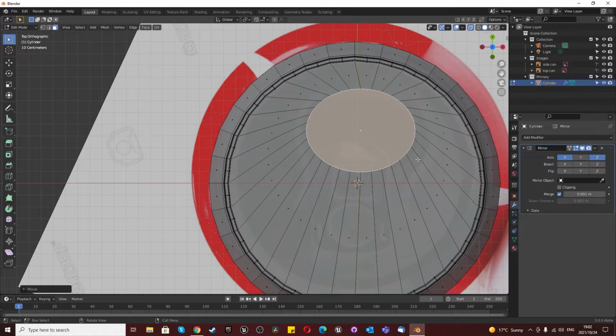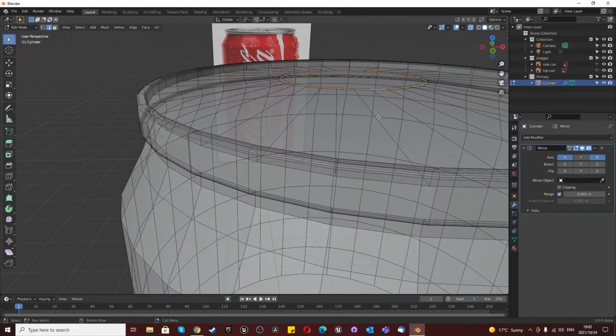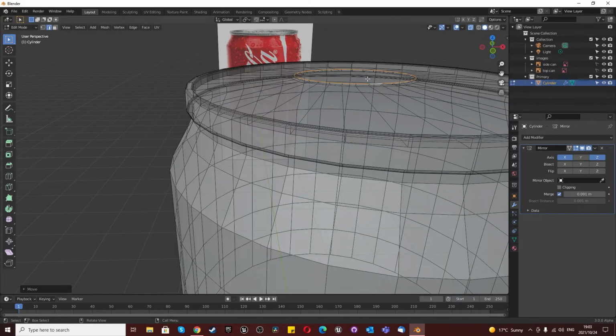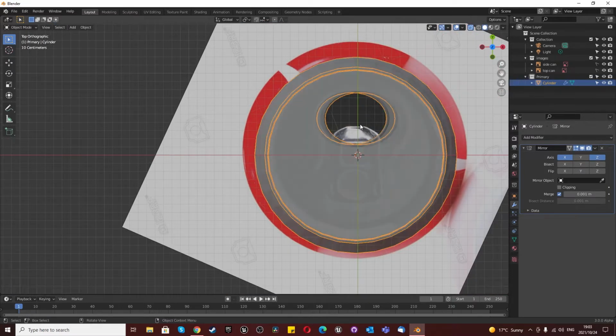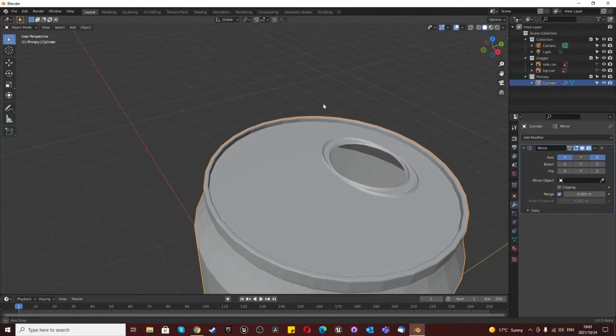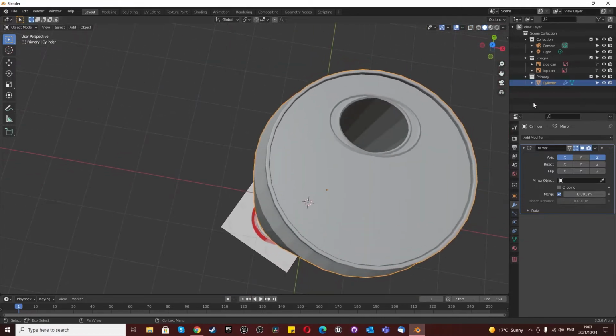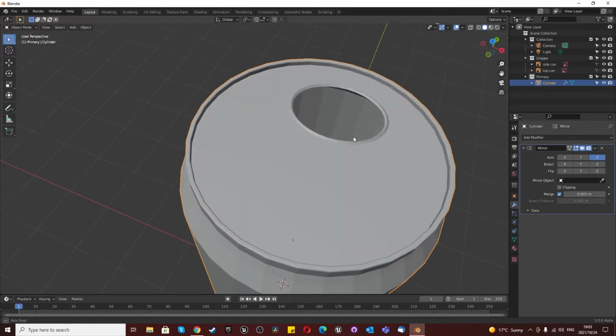And we could just press I to select this, and then with that selected, I'm just going to press G, Z, numpad 7, 3, choose this, X, delete this face, tab to go into object mode, and we're just going to view this. Now looking at this, I think it's there we go. It's because of the mirror was messing with that a little bit. Alright, so now we've got this can,